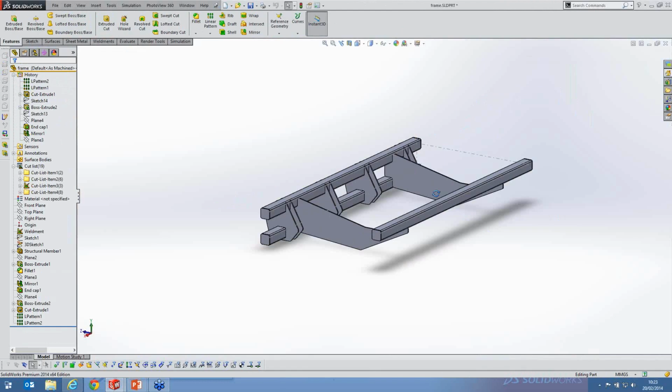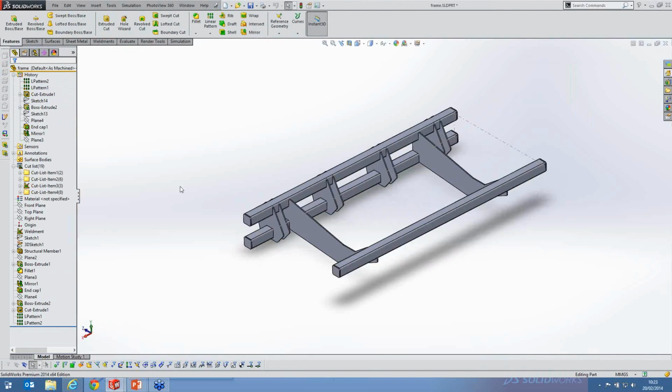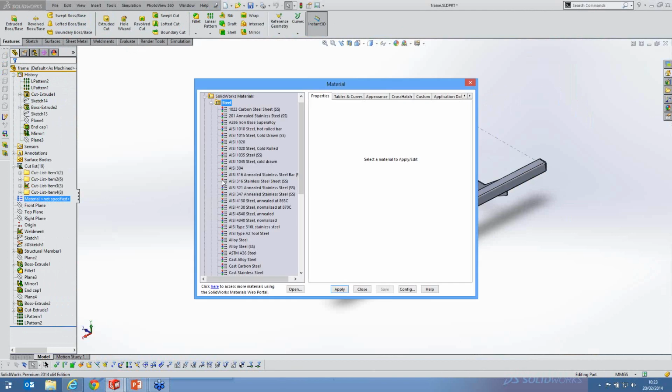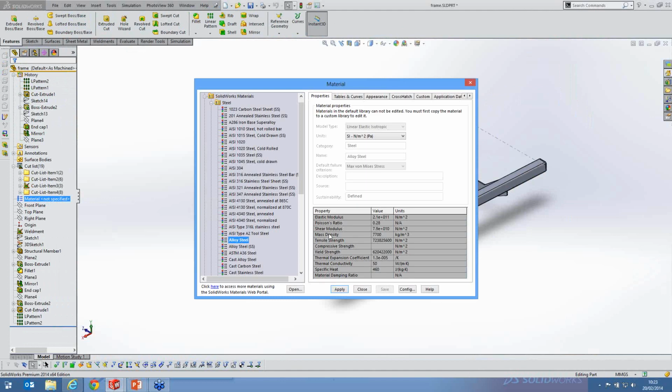part file here, some of the other things we can do within SolidWorks are actually apply materials to components. So within the system we actually have quite a comprehensive library of materials within SolidWorks. So for this particular component we could say we're using an alloy steel, and you'll see that all the physical properties for that material are actually shown within our database as well. So we can apply that steel to our